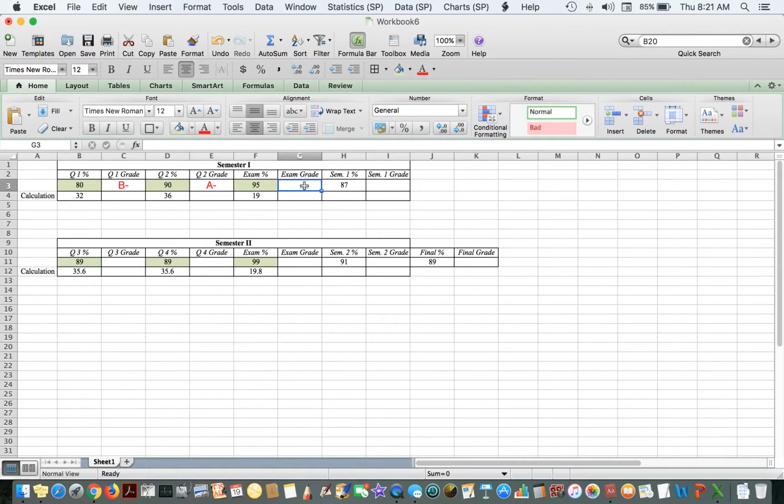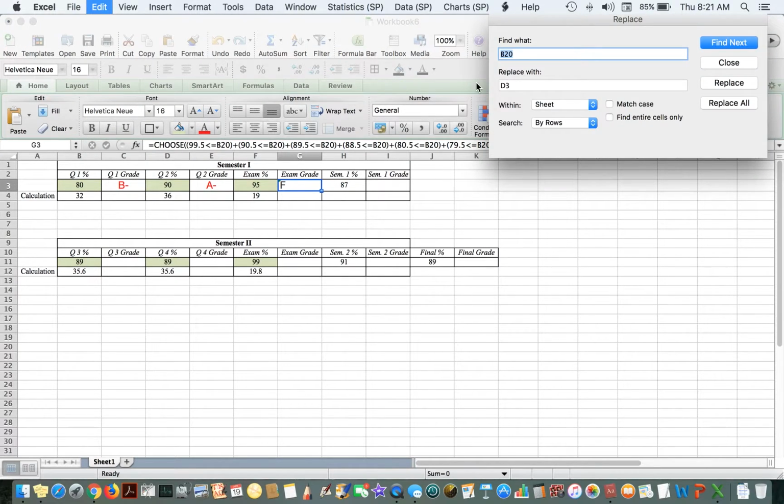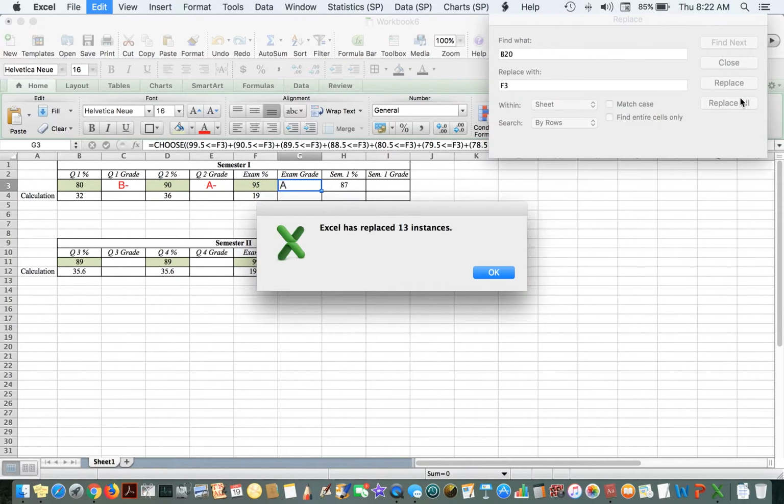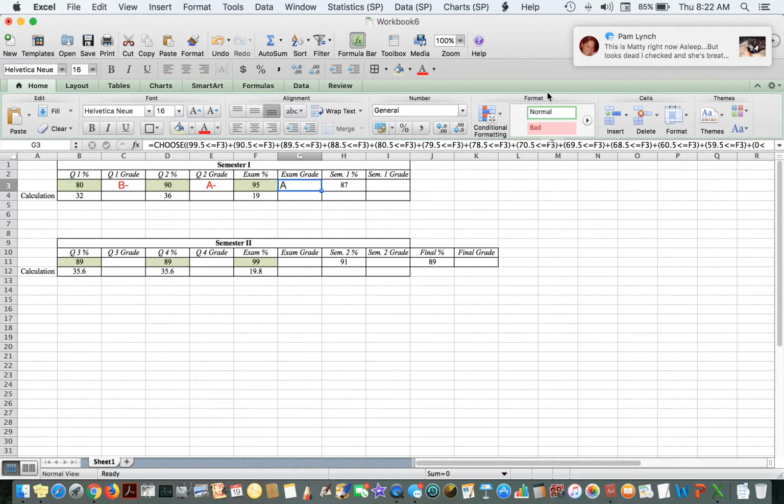Let's go to the exam grade now. We're going to do the same thing again. Paste that big long equation, press return, go back. This cell here is F3. So we're going to replace B20 with F3. Go to Edit, Find and Replace, B20 with F3. Replace all, OK, and close. Let's put that in red and center it,